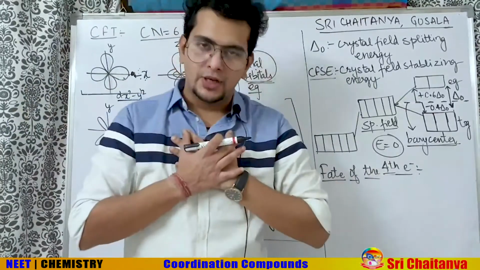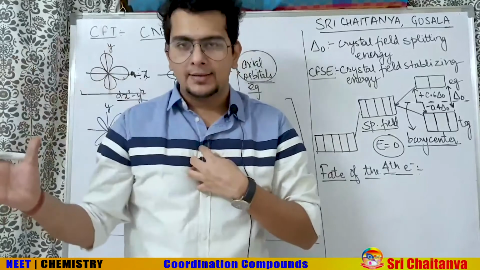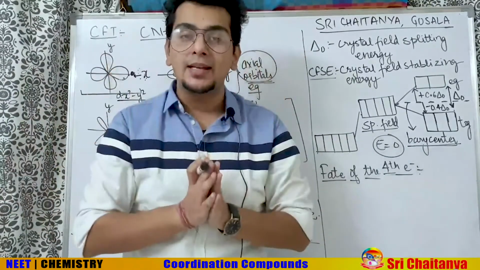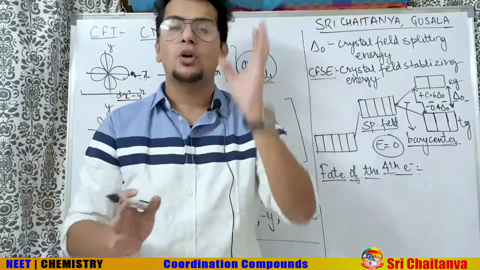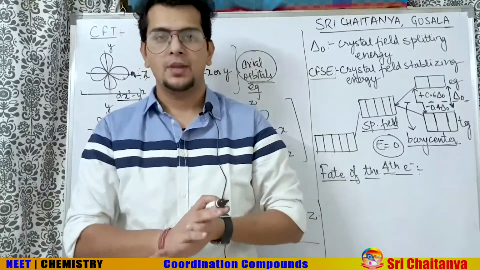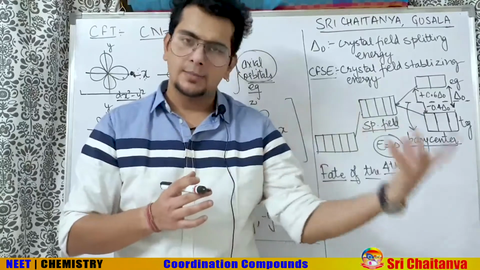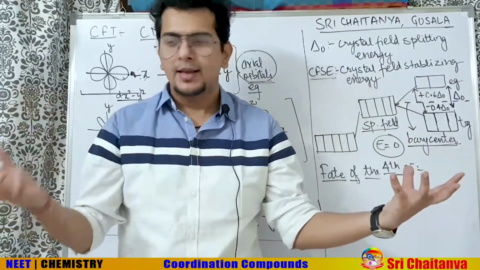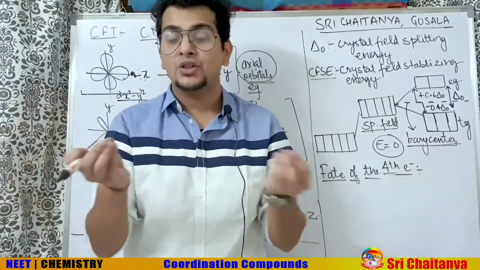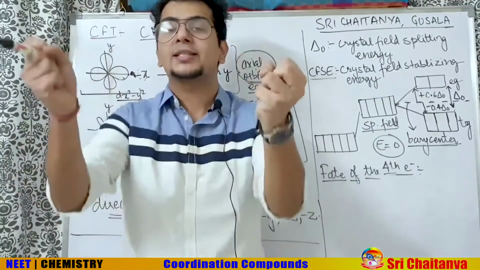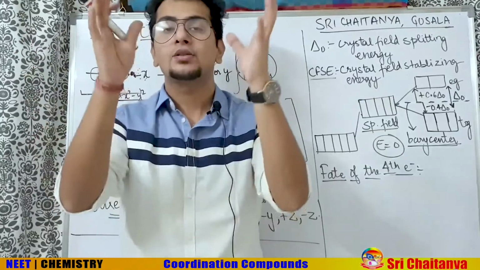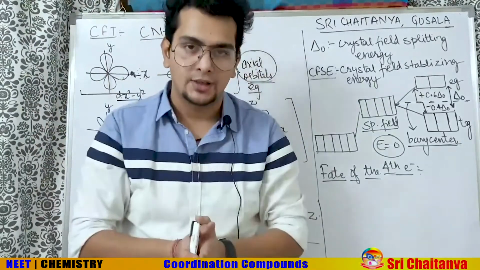If I am the central atom and I make a complex, the extra stability I get by making a complex is called the crystal field stabilizing energy. So if I have two options, I can make a simple compound or I can make a complex, then the extra stability, the extra leverage I get for making this complex compound, is called the crystal field stabilizing energy.